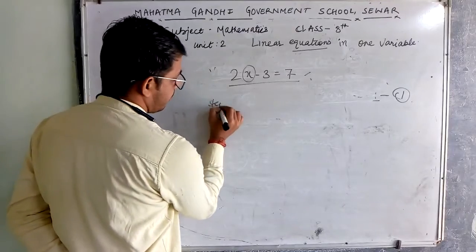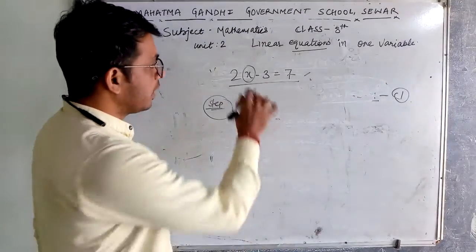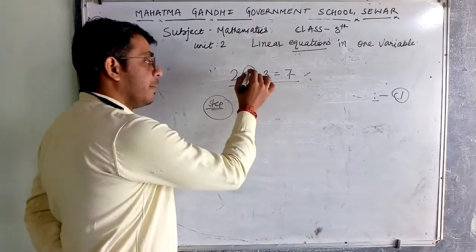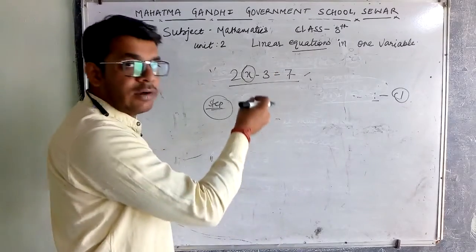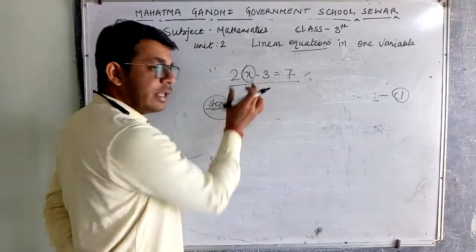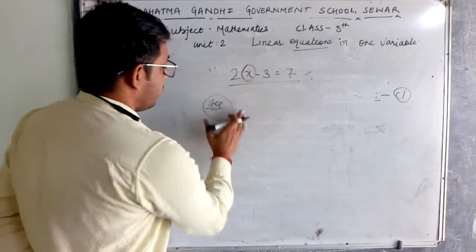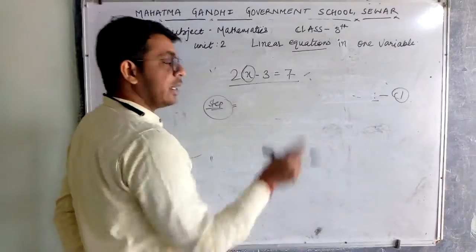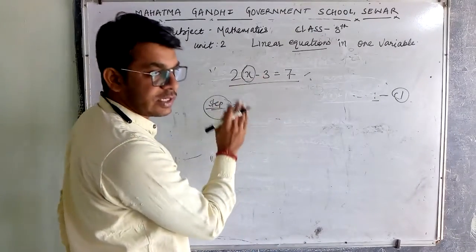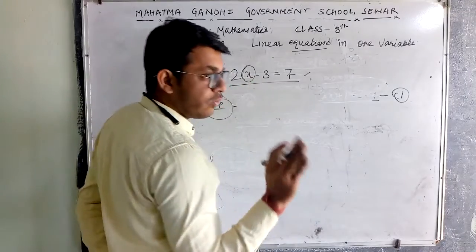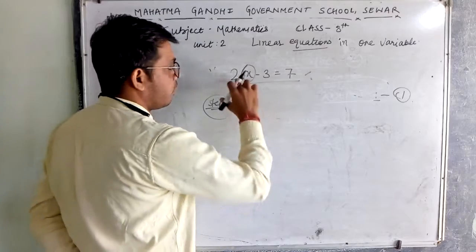First step. We used to do one thing in solving equations. What? During our solution we have to arrange variables on one side and constants on one side. Step 1, what I said, is that we have to move variables to one side and constants to the other side, or we can say in groups.